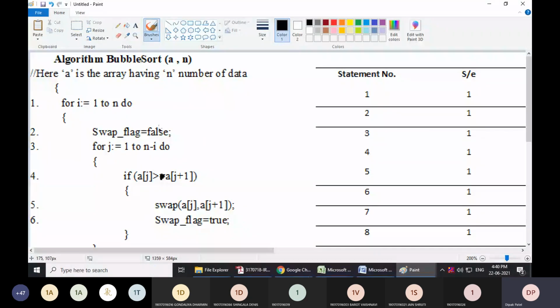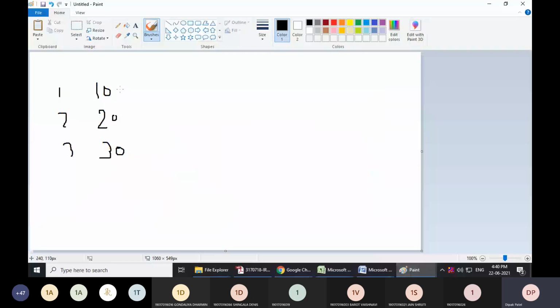So now take the inner loop that ranges from j is equal to 1 to n minus i, so it will go from 1 up to 2. And it checks here whether a of j is greater than a of j plus 1.